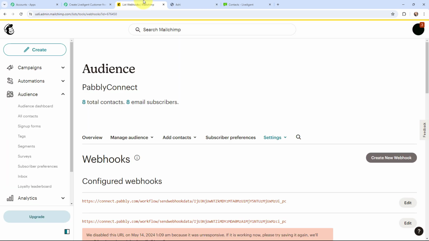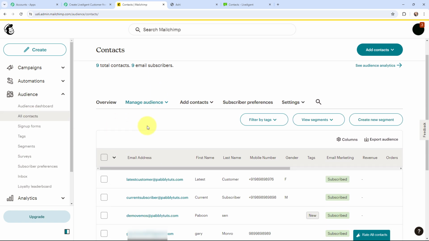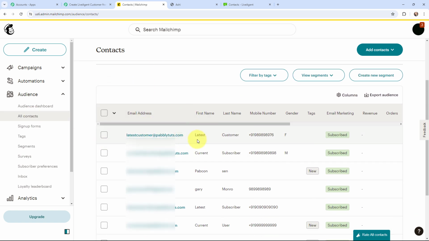So I'm going to take it to my Mailchimp account, and over here I will go to the Add Contacts option. And over here you can see that under Manage Audience, there is this new subscriber that has been created just now. You can see the email address, first name, last name, mobile number, and this over here is the gender, and it says subscribed. That means a new subscriber has been successfully created inside my Mailchimp account, and the details of this subscriber would